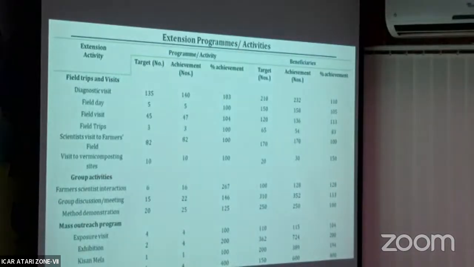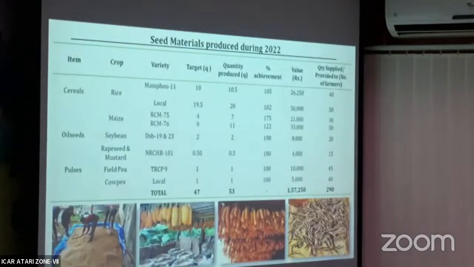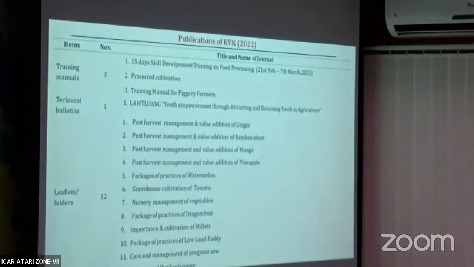And then these are some of our extension activities with our counterpart KVKs, which we could conduct. And these are some of the publications. Some of these publications were already released during our workshop under the action plan, so we could not release them again during this report. Research article? This time we could not put any research article, but we are sure that there will be. Three research articles are being booked and are in the pipeline right now, sir.